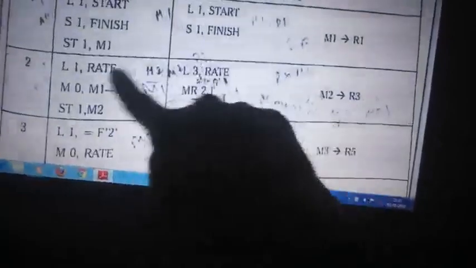Multiplying, instead of a single step, here we used MR. MR performs the multiplication and stores the result. It is doing two tasks in one single line. Instead of having two different lines, we are multiplying and storing the result together. Two tasks performed in one instruction, so it's a very fast instruction.